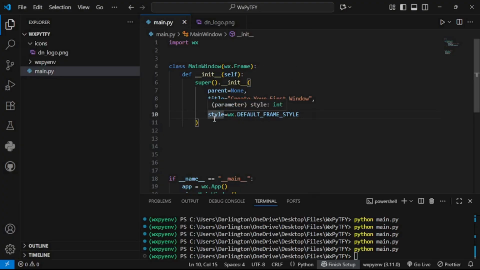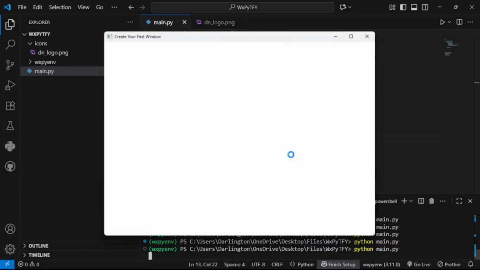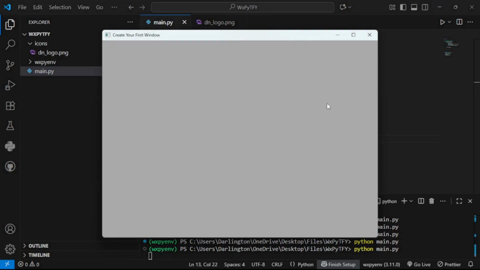Let's see what else we could do. We could come down here and center it. So we could say self.Center. If we save this and run it again, you can see it's now at the center of the screen. Okay,